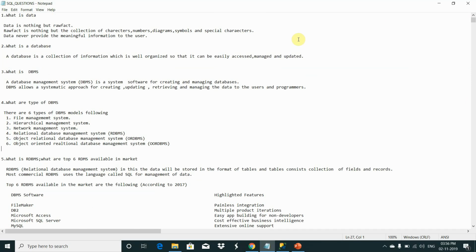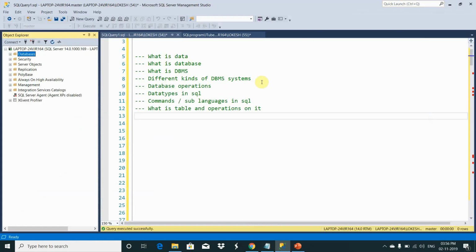I was just focused on that, but for the technical information or the definitions or the deep information, I just covered it through this notepad. Okay, so here we have all the information. And don't worry, I'll give you this file and this query sheet as well for every video